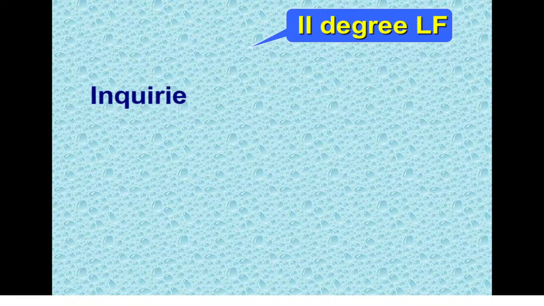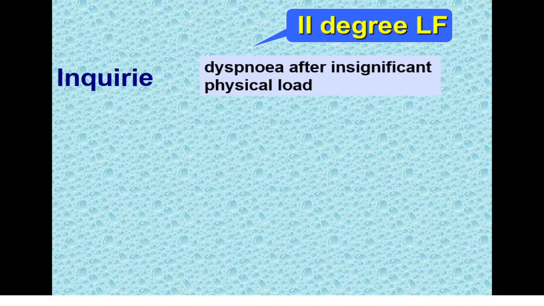Second degree, visible. The patient feels discomfort in breathing, dyspnea after insignificant physical load. For example, he cannot go more than 100 meters and must stop. He cannot climb more than 1 floor. It's insignificant physical activity. On inspection,